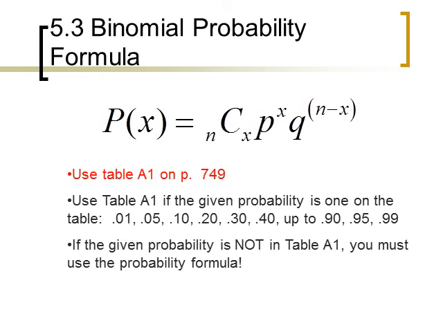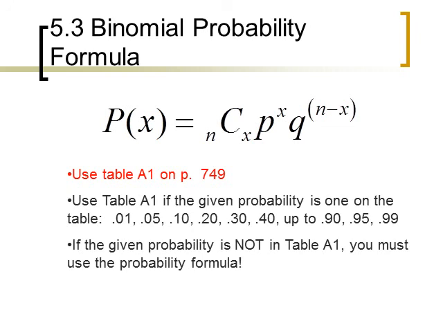This is the formula we use to calculate a binomial probability. It's P of x equals nCx times p to the x times q to the n minus x. Remember that n is your total trials that are conducted, and x is the number of successes you're trying to get. p is the probability of a success, q is the probability of a failure. nCx is